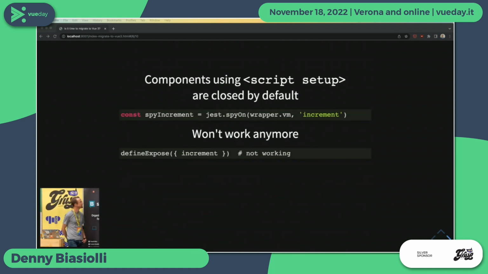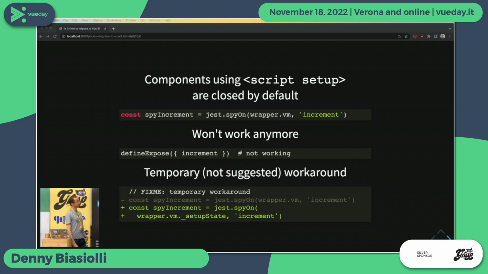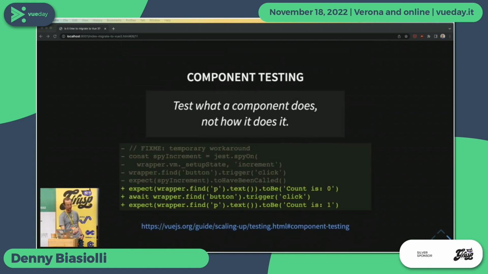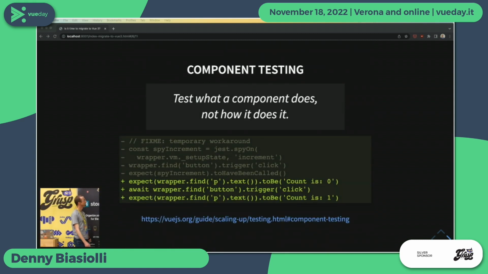Well, not everything, because now components using script setup are closed by default. So if you were spying on a method of a component, well, that won't work anymore, even if you use defineExpose. But there is a temporary workaround. Please don't use that. But you can spy if you are in a hurry and you need to make things work. Well, just spy on the setup state of your wrapper VM, or